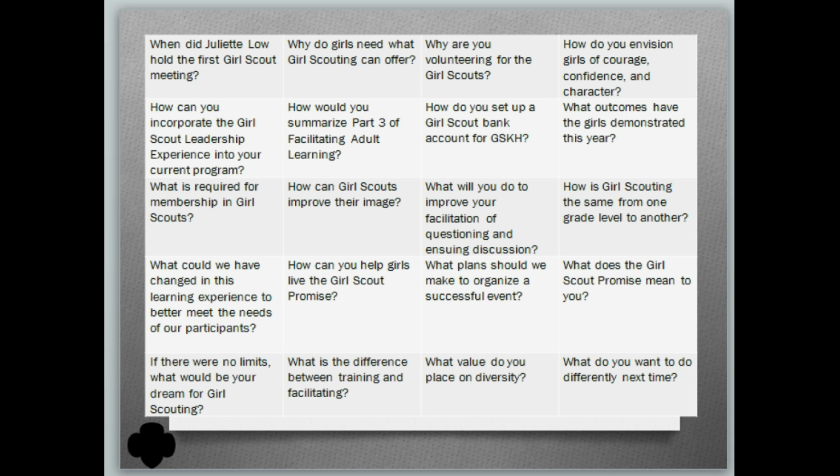For a challenge, press pause and try to match each question on the screen with the category of questions that best fits. Remember, your options are close-ended questions, open-ended questions, factual questions, cognitive questions, value questions, application questions, and evaluation questions. Ready for the suggested answers?